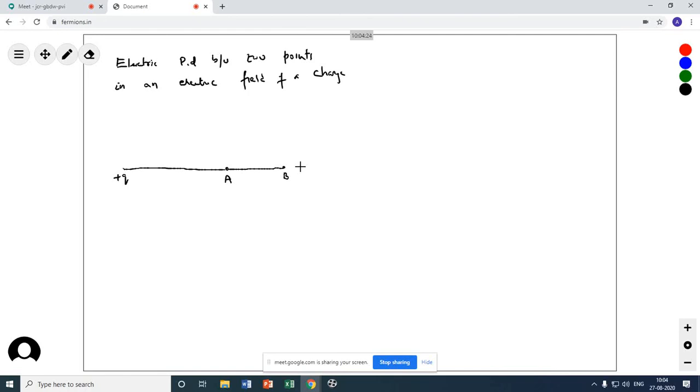How to do it? We can easily do it. We can define it this way, that the electric potential difference between 2 points